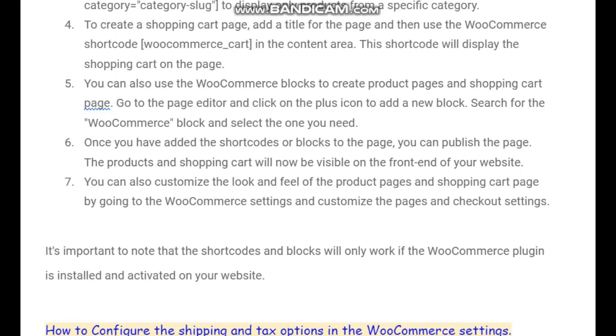You can also customize the look and feel of the product pages and shopping cart page by going to the WooCommerce settings and customize the pages and checkout settings. It's important to note that the shortcodes and blocks will only work if the WooCommerce plugin is installed and activated